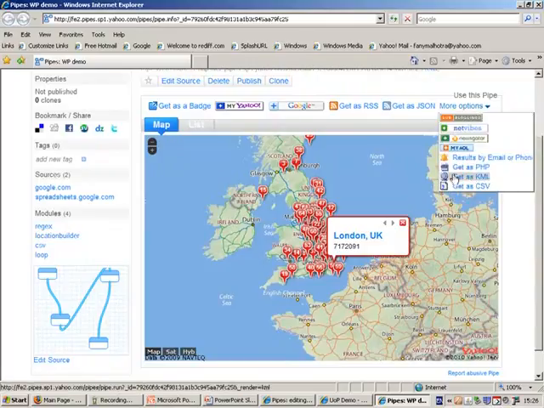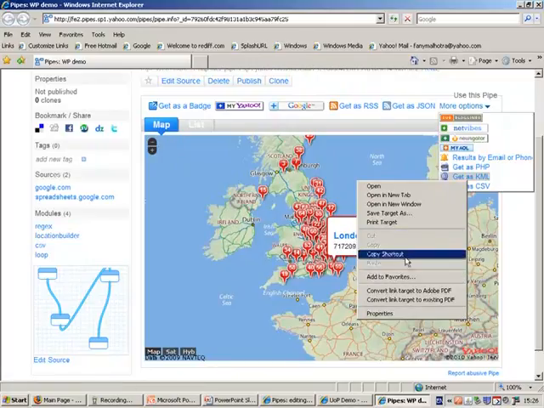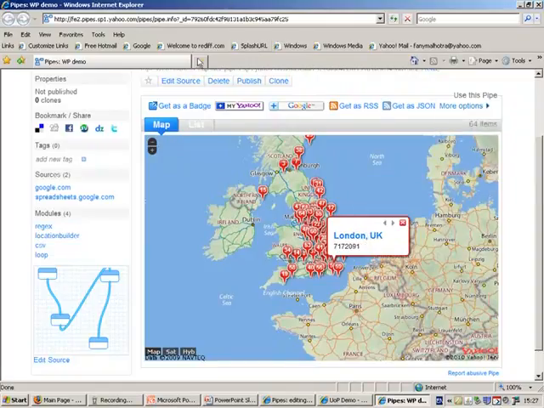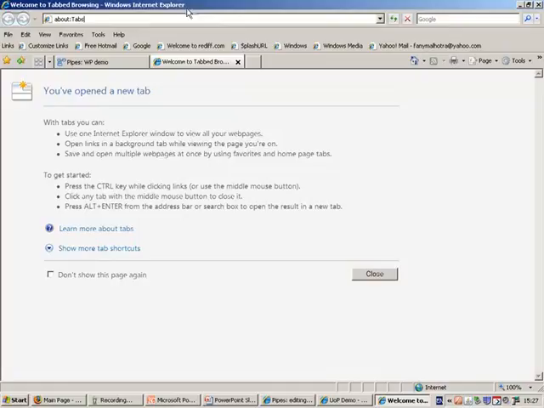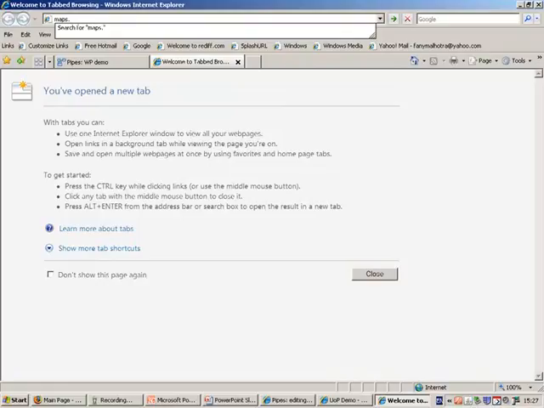Because it knows that it's a map, it gives us an output as well called the KML output from the pipe. So KML is called Keyhole Markup Language, and it's the representation that is used to define overlays in Google Earth. Okay, so Google Earth, the 3D view of the world. If I copy that URL, is it copy shortcut in Windows? I guess it is. I'm a Mac user and a Firefox user, so Explorer on a Windows box is always dangerous. So if I go to something like Google Maps,